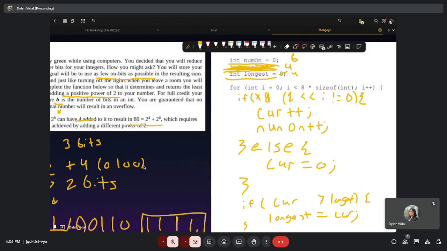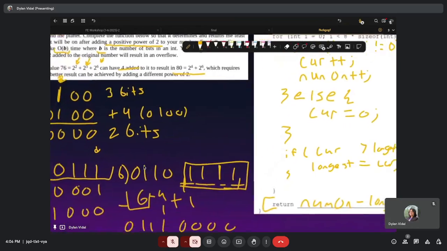So, 1 left shift i, how is that read? Like you start at the first bit and then like i increment